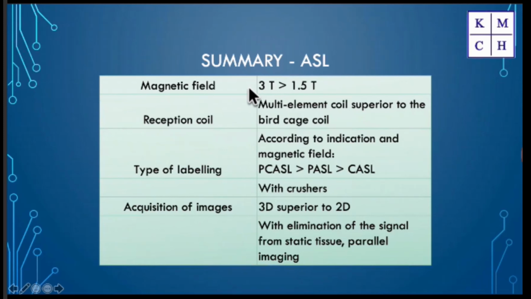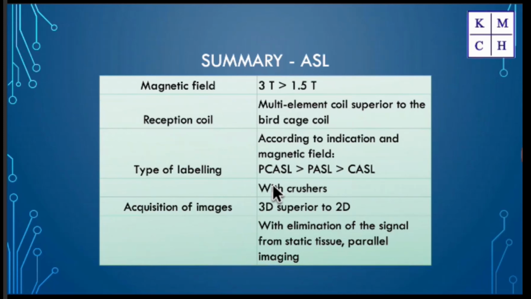What do we prefer in terms of scanner strength? 3 Tesla is always preferred. It gives us more SNR. It also gives us a longer T1. What do we use? It can vary between pseudo-continuous and pulsed. Continuous is no longer used. Crusher gradients are used to suppress vessel signal apart from the area of interest, such as venous signals and contralateral flow coming from opposite sides. If we are looking at craniocaudal flow, we don't want caudocranial flow to be assessed. Then we use crusher gradients.